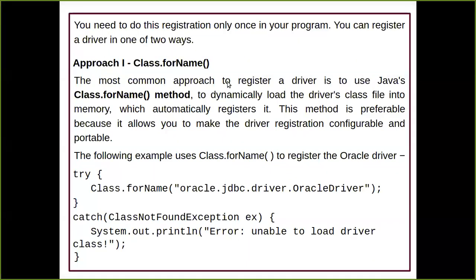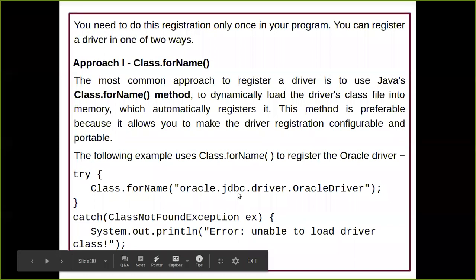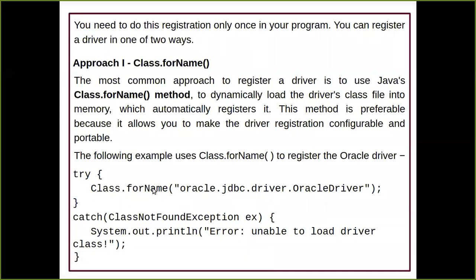For calling the JDBC driver in your program, there are two approaches available. We have seen these two approaches in the last lecture, I'll just revise it once again. This was approach one, where we have a method called Class.forName. This forName method is going to help me call the JDBC driver as one of the parameters in the method.